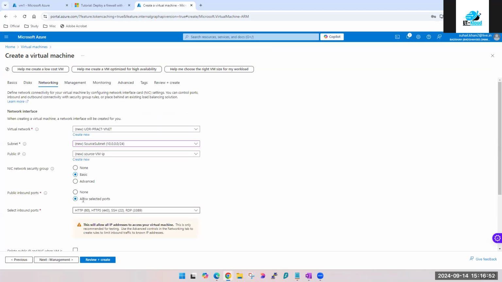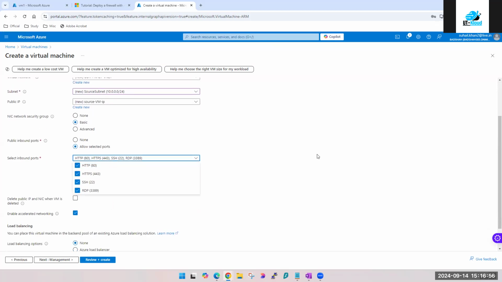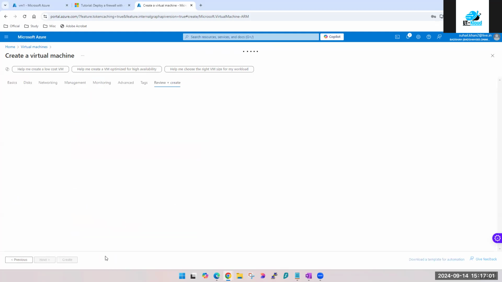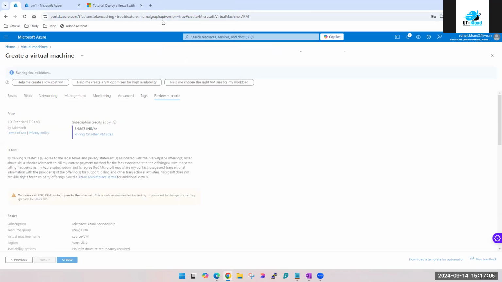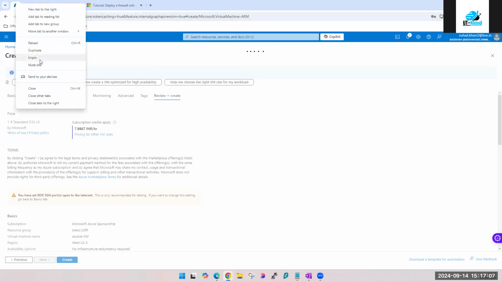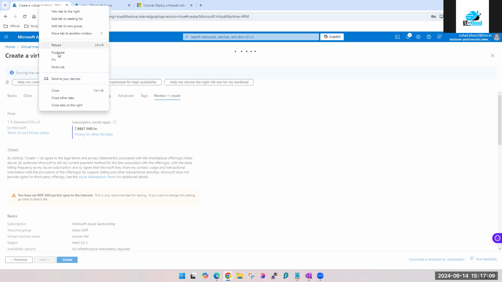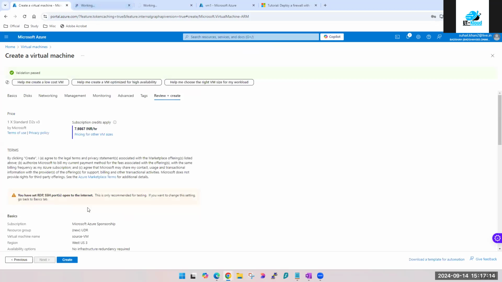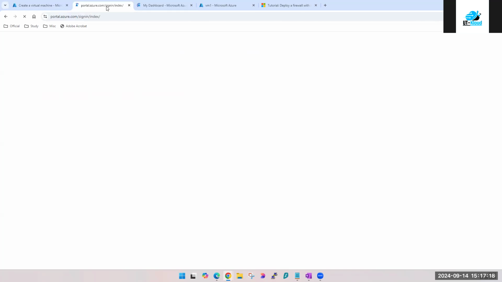Source VM, source subnet. Let's create it. I'm creating this. Now I'm going to create your destination or router, whichever works.